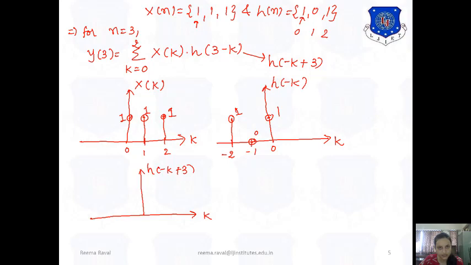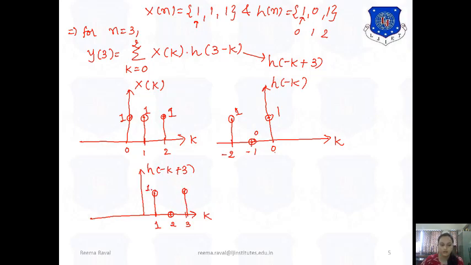That means now this minus 2 will shift right to the 3 instance, that is it will now go to y minus 1, 0 and 1. So now we will have the values at the instants 1, 2 and 3, where at instant 1 the value is 1, at instant 2 the value is 0, and at instant 3 the value is 1.